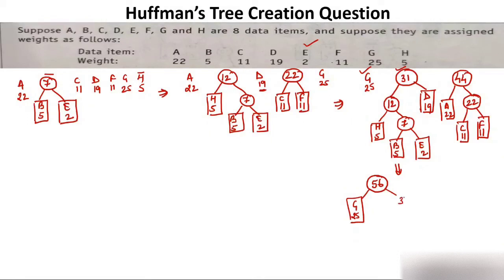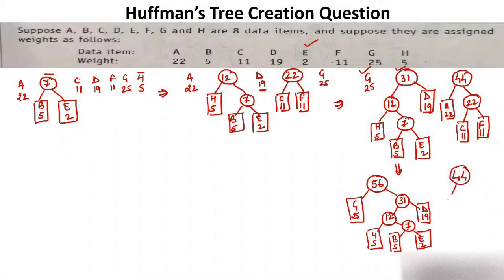Now you have 31 here. Then you have D19. Fine. Then you have 12. After that you have H5. Then at right of 12 you have 7. Then at 7 left you have B5, and at 7 right you have E2. Fine. And this is one tree after adding G25 and 31, and you still have one more weight which is